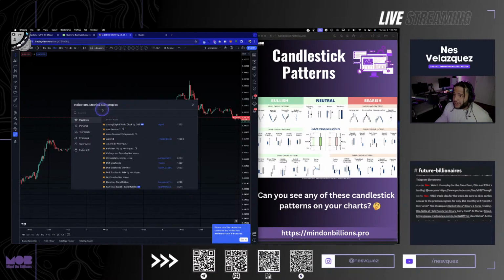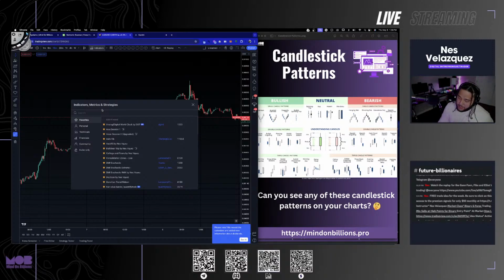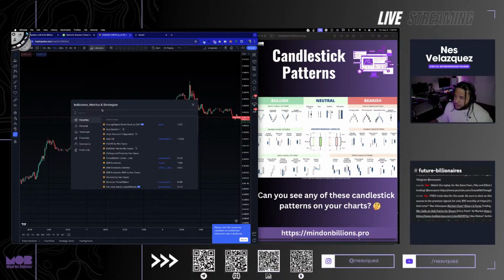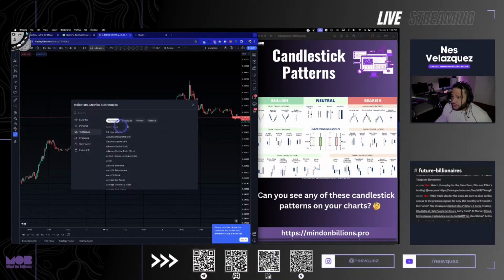And this is why my next lesson tomorrow is gonna be the beginning of indicators. So this is gonna be the bridge for that, since we've been talking about drawing tools and candlestick patterns, all that good stuff. But yeah, when we go over here to the technicals,